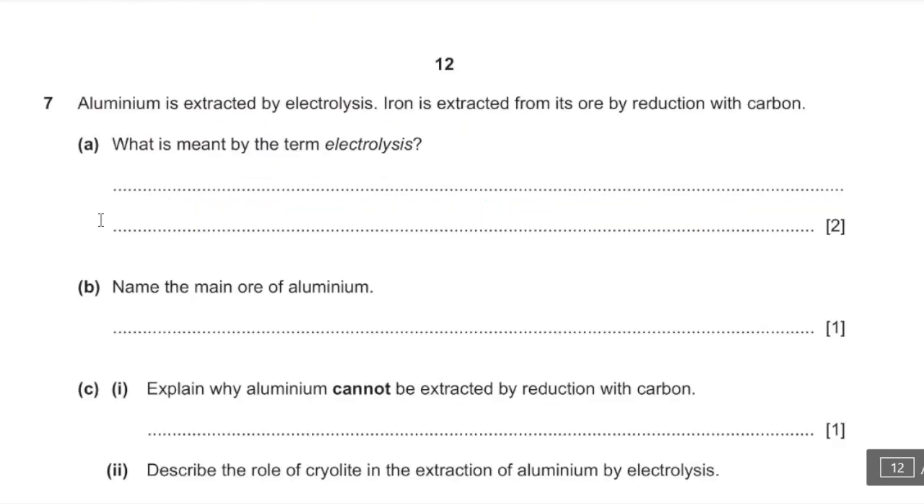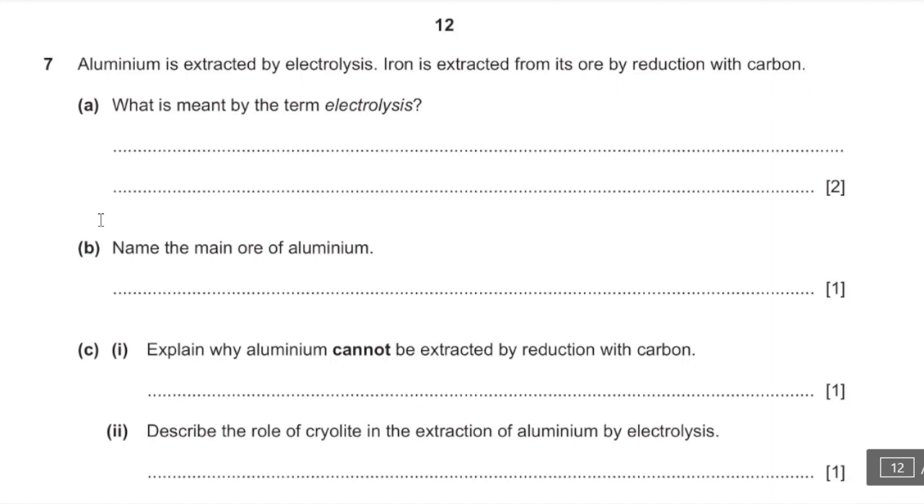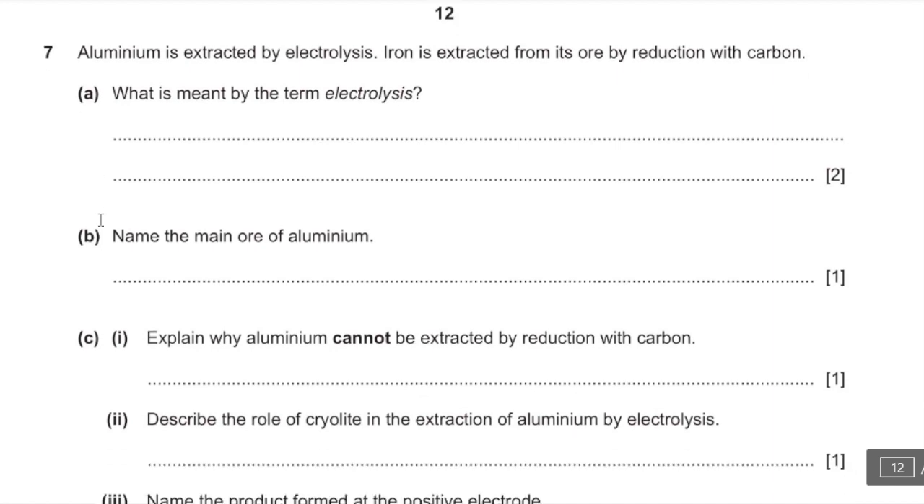Seven, aluminium is extracted by electrolysis. Iron is extracted from its ore by reduction with carbon. What is meant by the term electrolysis? So here you're supposed to be writing the definition of electrolysis, which is